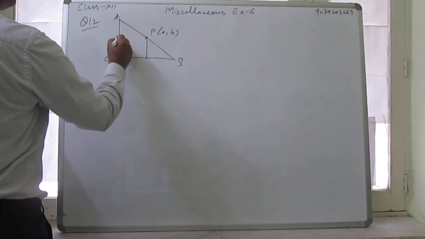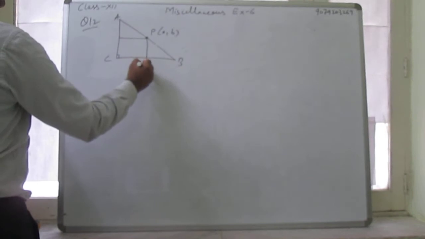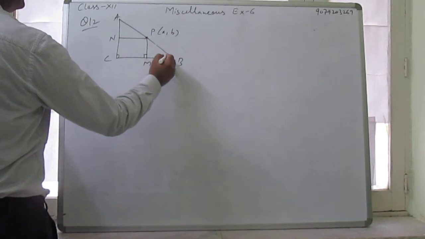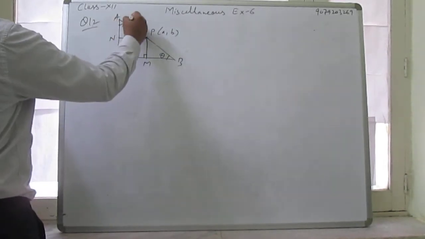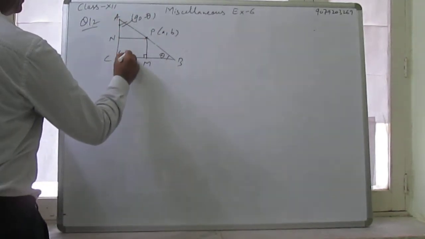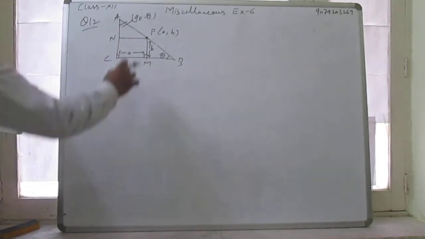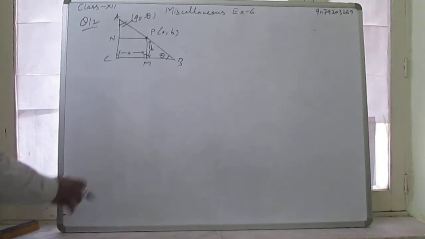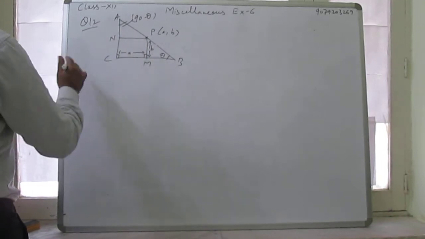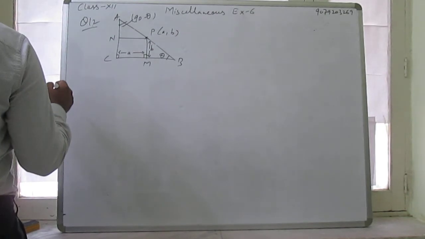Drop a perpendicular from P to sides BC and AC. You will get this point, you will take M, this point you will take N. This is 90 also, this is 90, this is theta, and what it becomes, it is 90 minus theta, angle A. So this side is A and this is B, y axis is B, point AB. So what is the length? This is given to you. ABC is a right triangle, it is given to you, and so that the length of the hypotenuse is minimum.